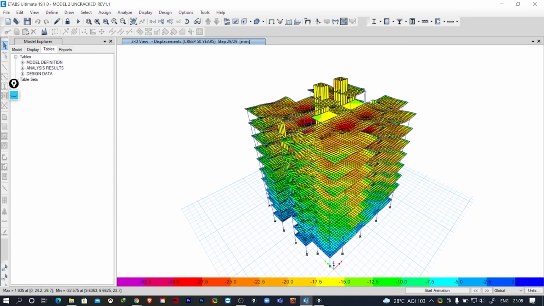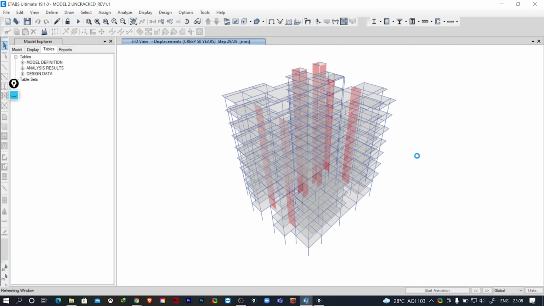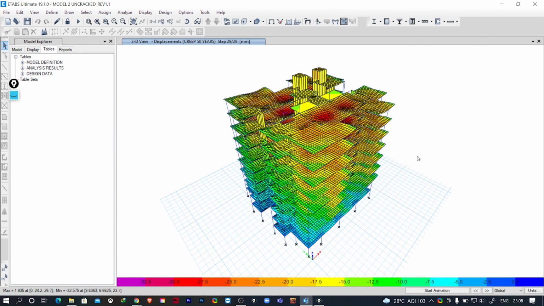Okay, so yeah, let me save this now. You can create one model, the same model, and you can show me how we have done the construction sequence analysis and what result you are getting in your structure. Okay,